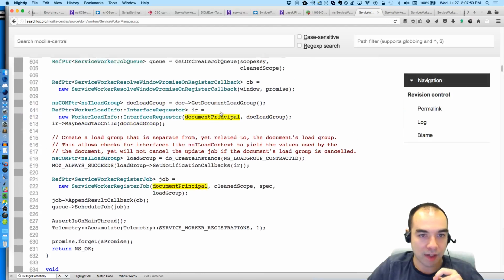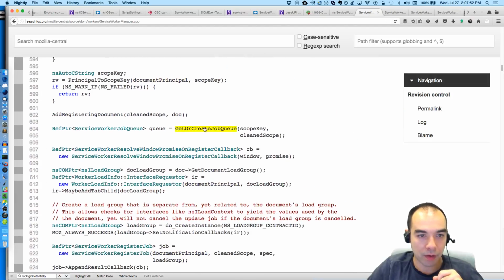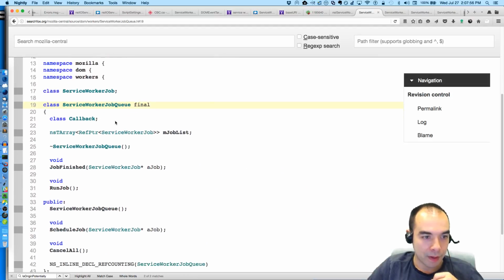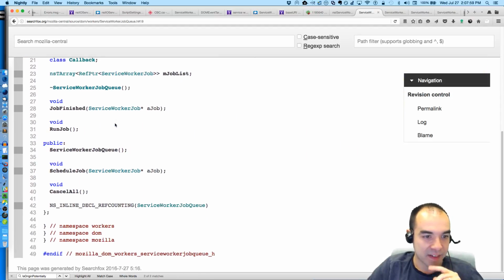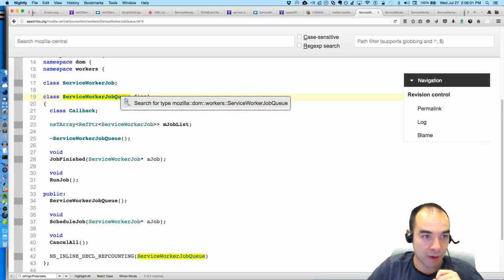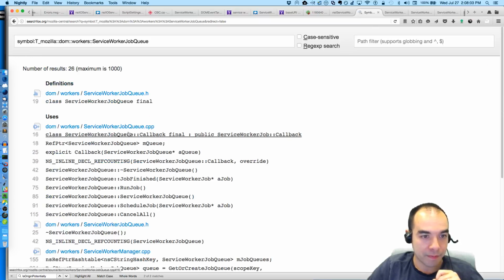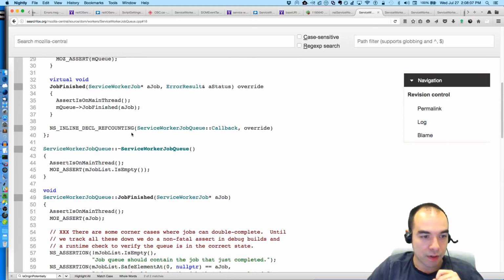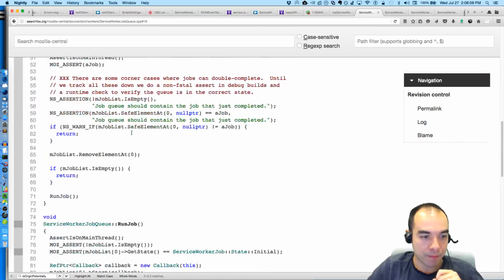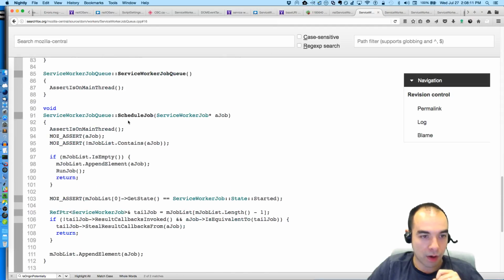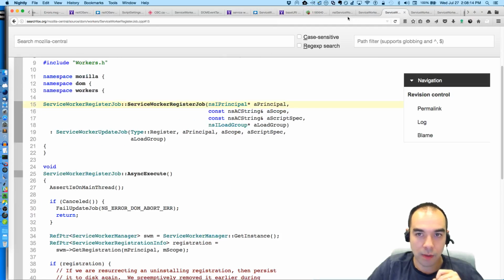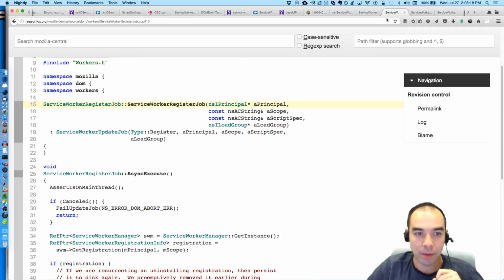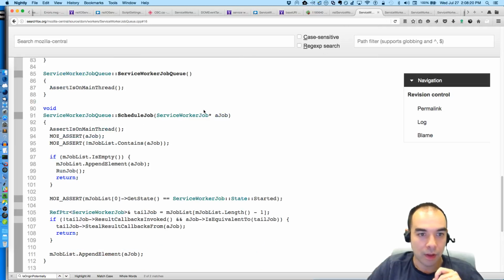How's that job queue? What kicks off that job queue? Get or create job queue. A service worker job queue is a queue, obviously. Here it is. Service worker job queue. So whenever you call schedule, what was that schedule job we called before? I don't remember. I think it was probably schedule job.